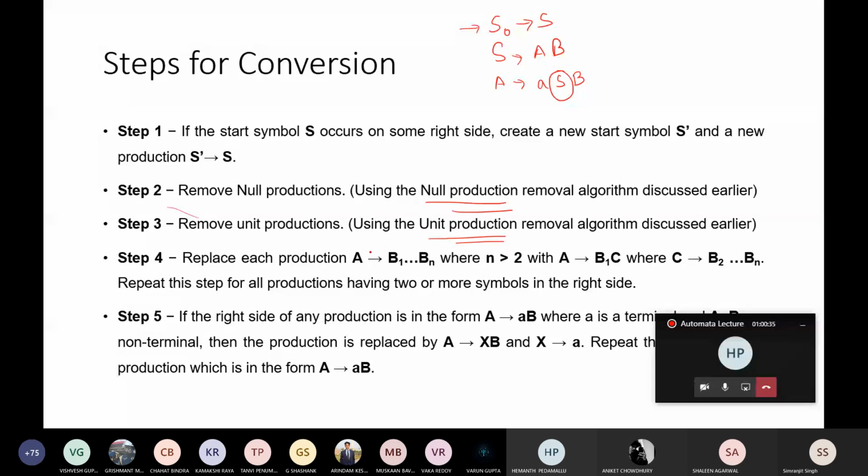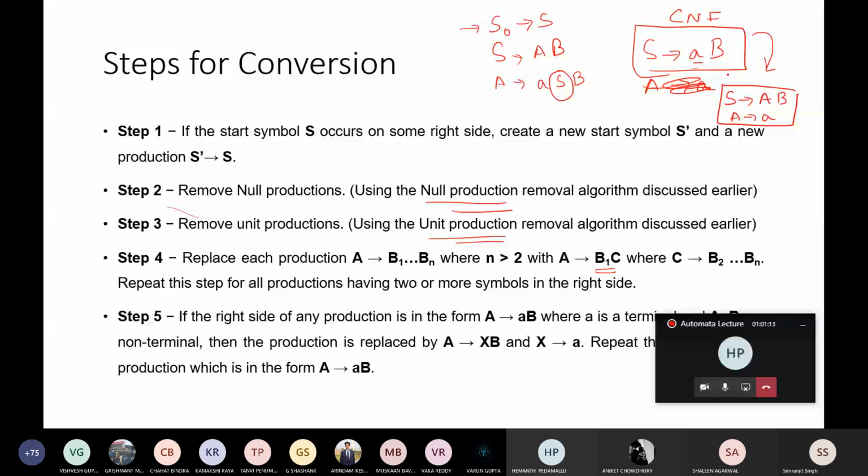Okay, so after that you have to just convert it to either two non-terminals or a terminal by substitution. Suppose something is written like AB, so what you do, you take this A and do this substitution. A big A is tending to this small a. Suppose this is not in Chomsky normal form. How can you convert this one? After following all the steps, you write S tends to a big A and a B, and that A is tending to a small a. That is how you solve this one. By using a simple substitution, I can directly do this.